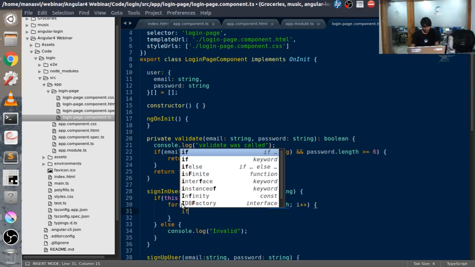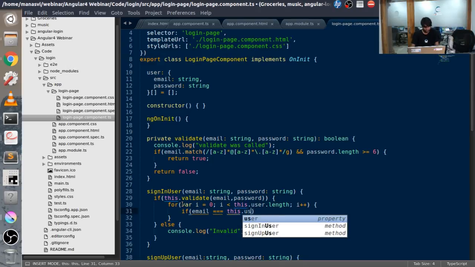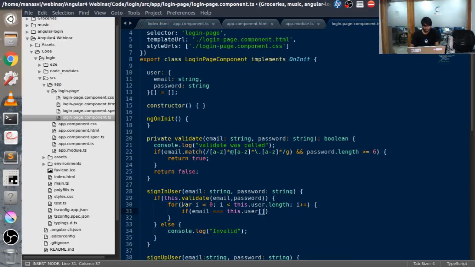Okay, if email equals, in fact triple equal to this.user[i].email, and password equals to this.user[i].password,